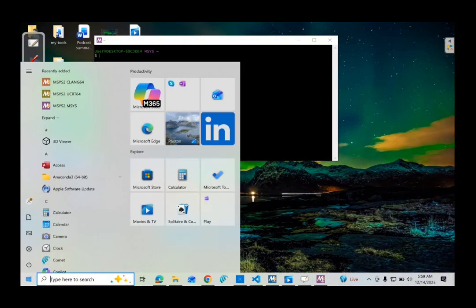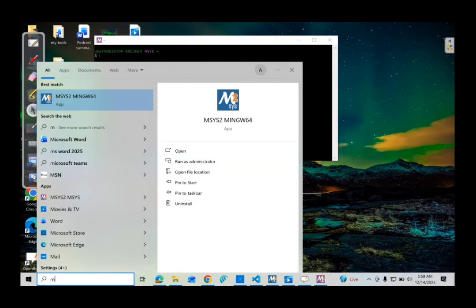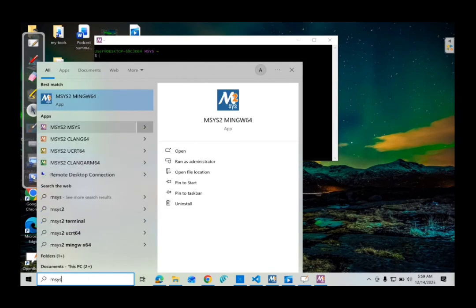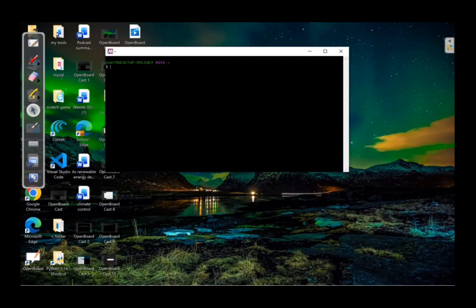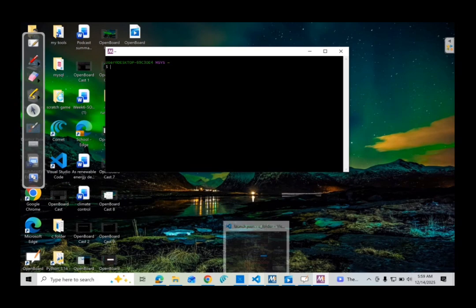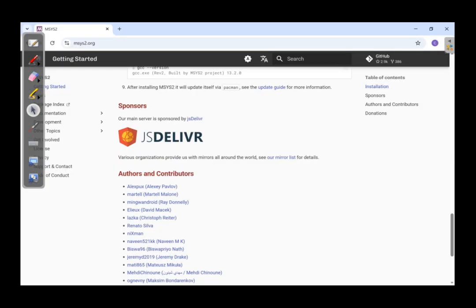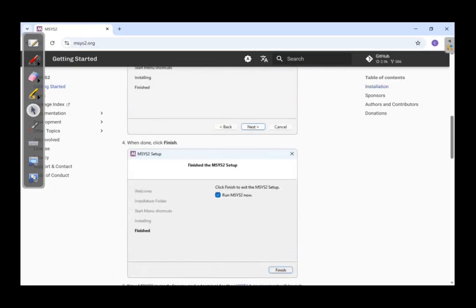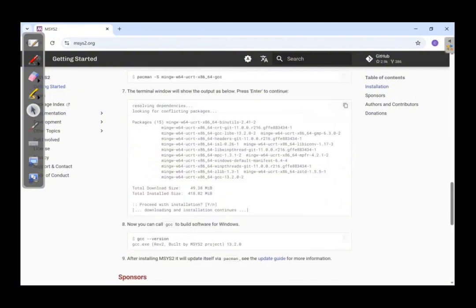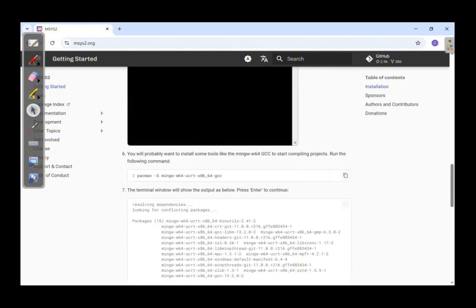I don't know if you guys can see it very well, so I'm going back. MSYS2, not this one, you're not clicking this. The one you need to click is actually this one. So just click here. Then on the website you're going to see the command they put there for you to install GCC. So this is the command. Just copy this command and